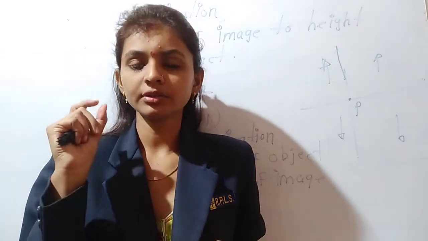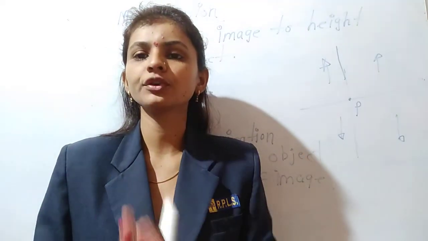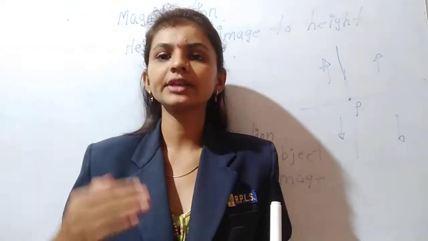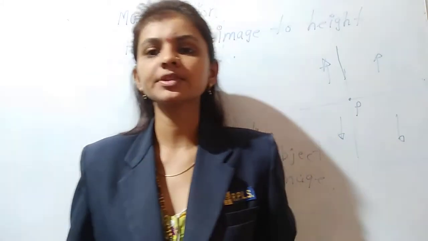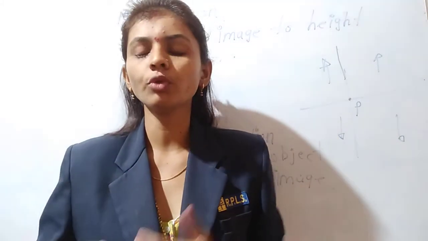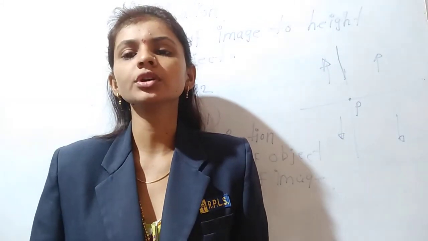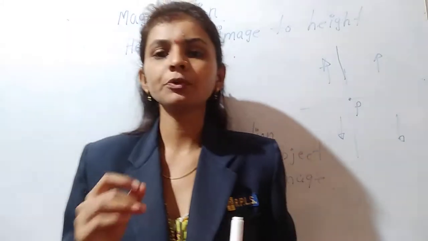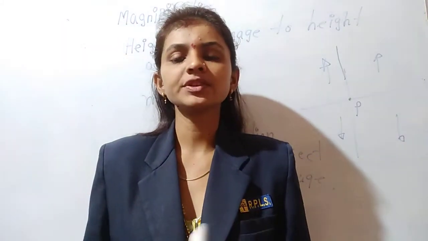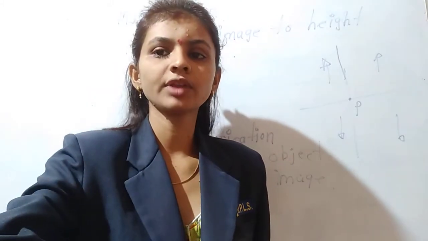So a downward image, a real and inverted image, has a minus sign. Whenever we get the virtual image, magnification is positive. If we get the real image, magnification is negative. I think your concept is clear now. Now move forward. Magnification has a second formula. It depends upon the distance of the object and the distance of the image. If we don't know the height of the image, then by using the distance also we can calculate the magnification.